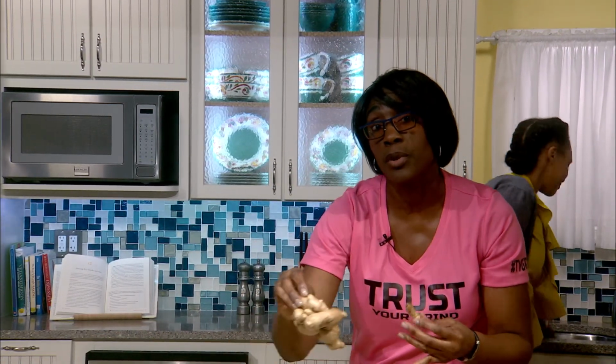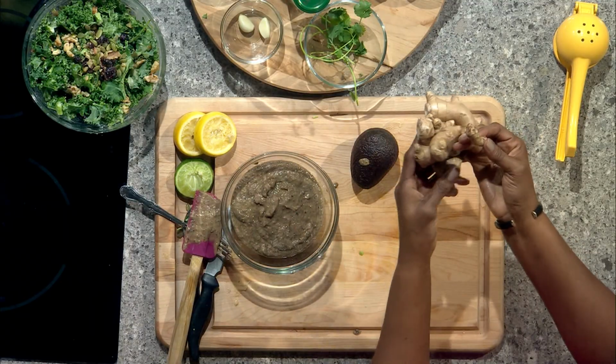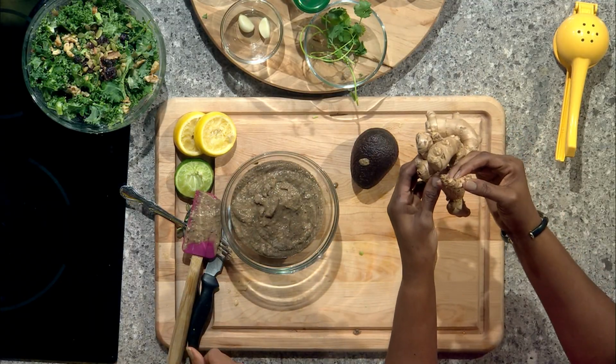But again, you also want to make sure that certain foods do not conflict with your medications, like kale, for instance. Kale has a lot of vitamin K. And for people who take blood thinners, kale may not be the best option for them to eat. Good to know. Like I said, eat according to your blood type, which is also beneficial, but also be mindful of any healthcare conditions you may have that may conflict with